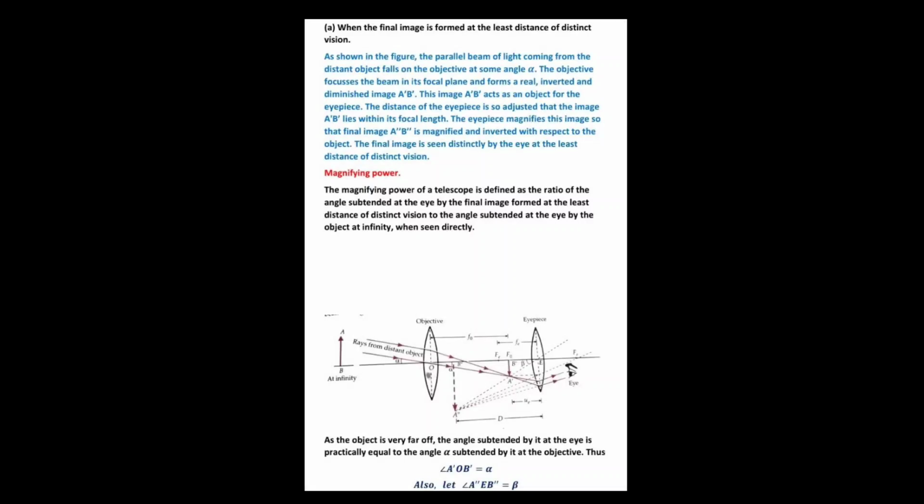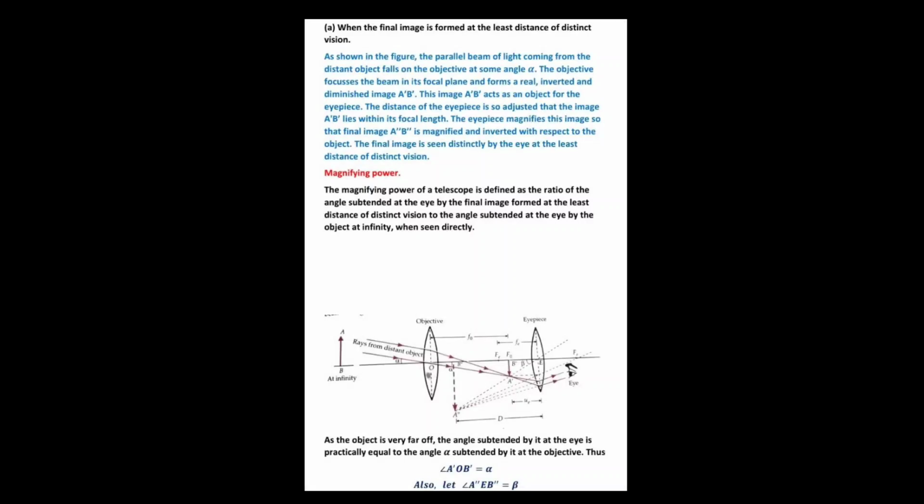Again the magnifying power deals with the angle subtended by the eye at the final image or at the object. So the magnifying power is the ratio of the angle subtended at the eye by the final image, that is forming at the least distance of distinct vision, to the angle subtended at the eye by the object at infinity